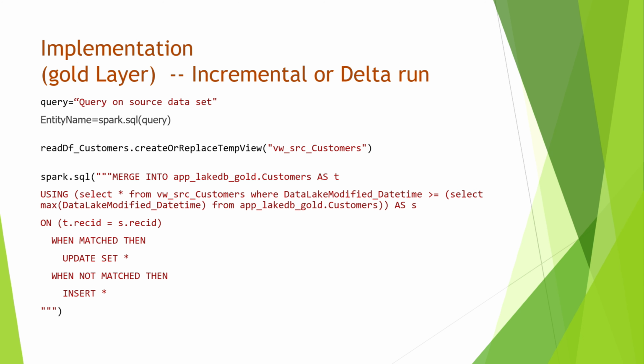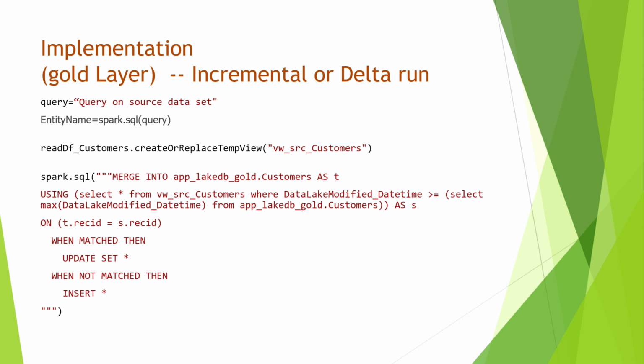Now, once the table is created the first time, this is the code you need to run. You need to run the same query on the source data that you wrote in the first code snippet, and then you need to create a data frame by running that query with spark.sql. Once the data frame is created, you need to create a temporary view on the data frame, and once the temporary view is available, you can query the delta lake tables which are there in the gold layer with this view. So what we have written is a merge statement for the customers using the source data